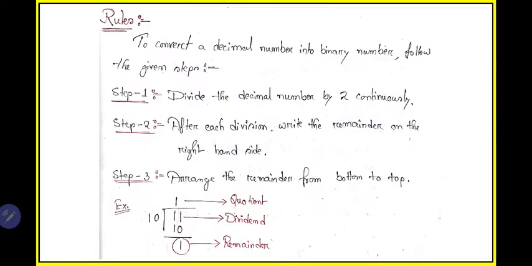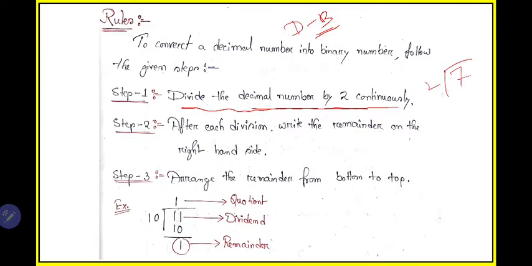Okay. So there are three rules or three steps you need to remember in case of conversion of any decimal to binary. Remember, now we are doing decimal to binary. The first step is to divide the decimal number by 2 continuously. Whatever number is given to you, divide it by 2 continuously. For example, if 7 is given to you to convert into a binary number, you will divide this continuously by 2 until you get the final result as 0. Divide by 2 again and again. How to divide, I will show you, don't worry.